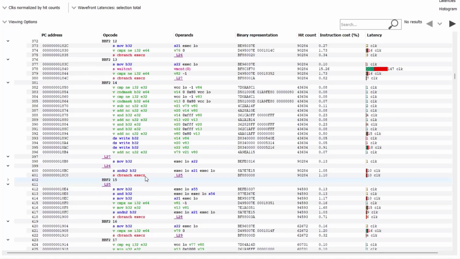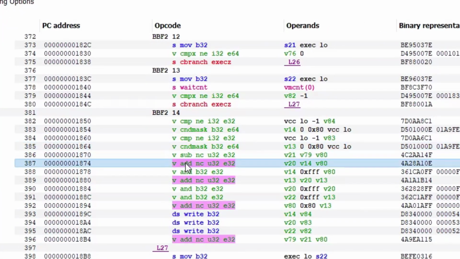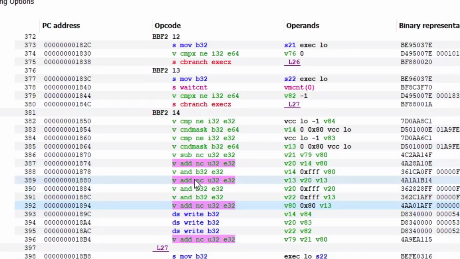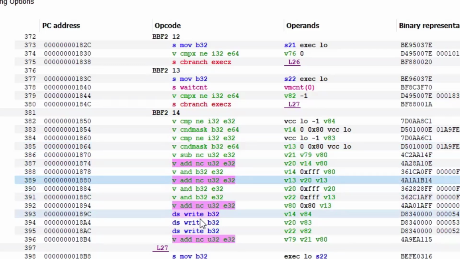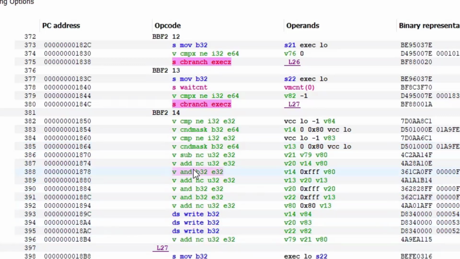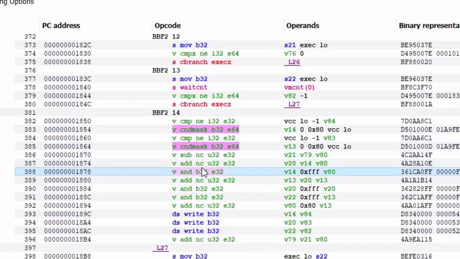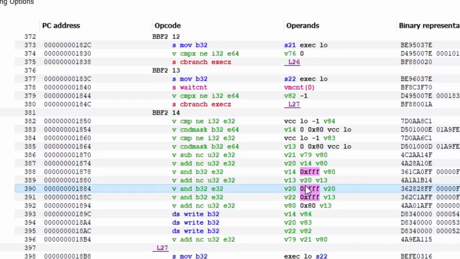Another frequently requested feature is the ability to select some text in the disassembly and have the view automatically highlight other instances of the selected item. With the new ISA view, by simply clicking a specific item in the ISA, you'll be able to see all occurrences. This works for instruction opcodes, registers, and constants.